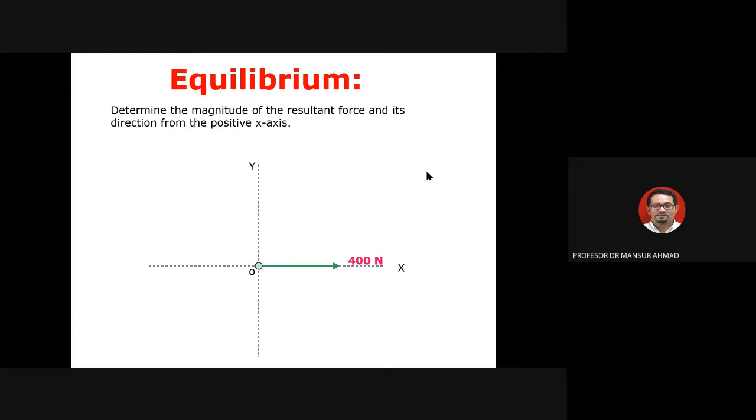the difference between this and the question in the previous slide is that I'm going to apply a force which is at an angle. When I say at an angle, it is an angle theta from the x-axis or from the y-axis. So let's say this is at an angle, 300 Newton. If you remember the previous example, 300 Newton is applied on the axis itself. It's not at an angle. 400 Newton now, over here, is at an angle.